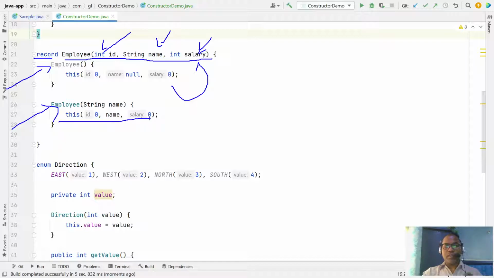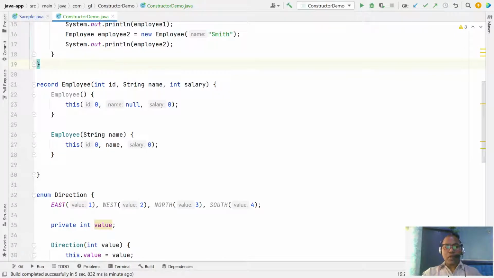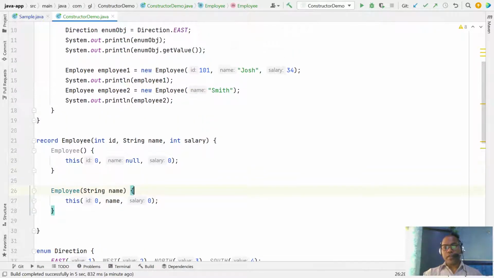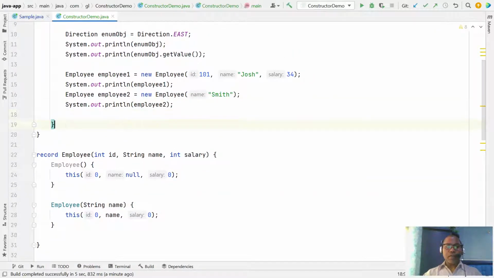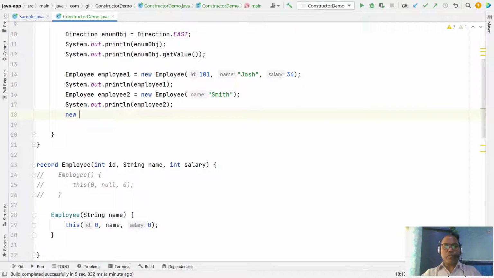Like here in this case. So please note, in record classes, whenever you define a constructor, please ensure you invoke your primary constructor itself. Okay. So if you are not defining it, you cannot define this default constructor. In this case you cannot create a new Employee in this way.